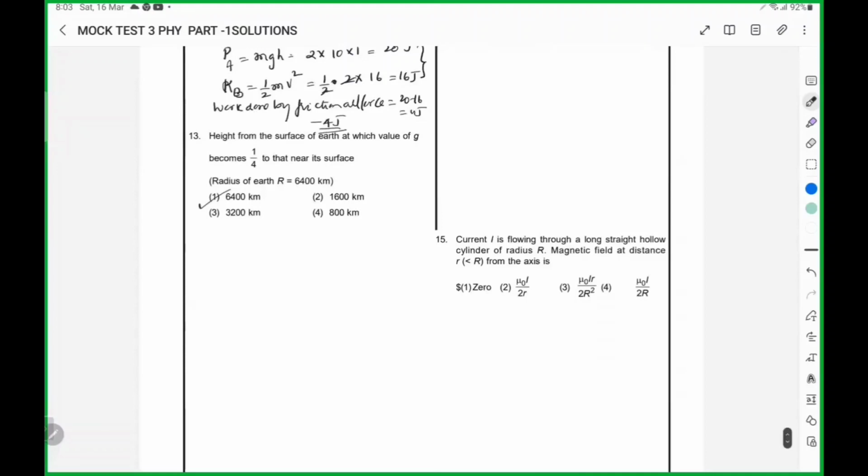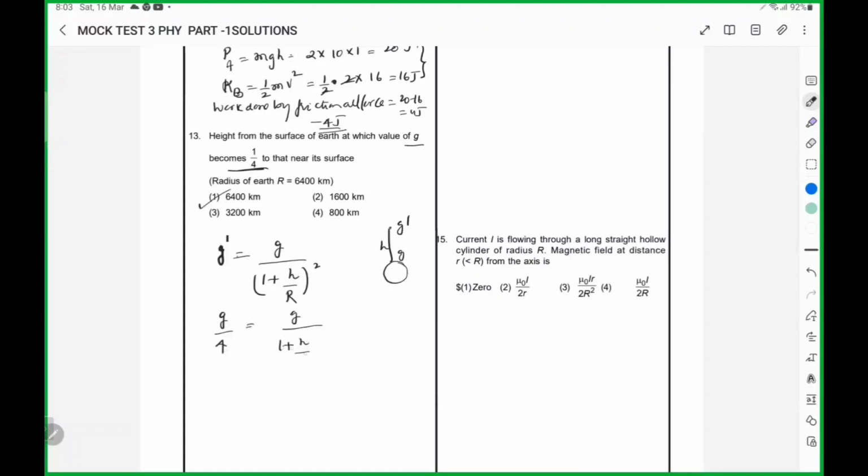So, height from the surface of the earth. At a height, the acceleration due to gravity changes with respect to distance from the center. As we go away from the surface of the earth, at a distance h from the surface, the acceleration due to gravity is this. Now he says the value of g is 1 by 4 of g, where g is the acceleration due to gravity near the surface. At a height h, the acceleration due to gravity, which he said is g by 4,